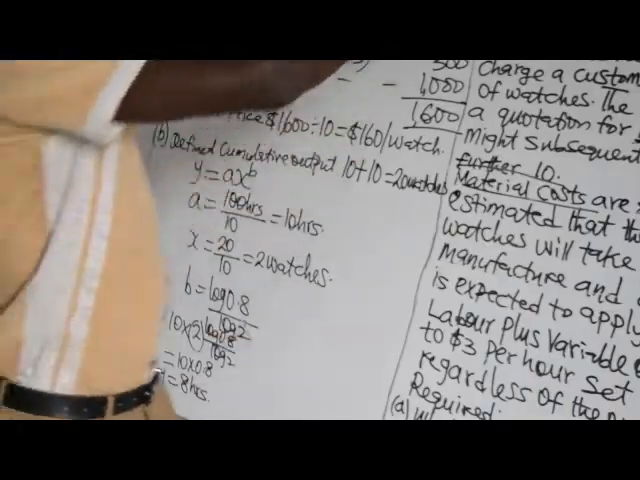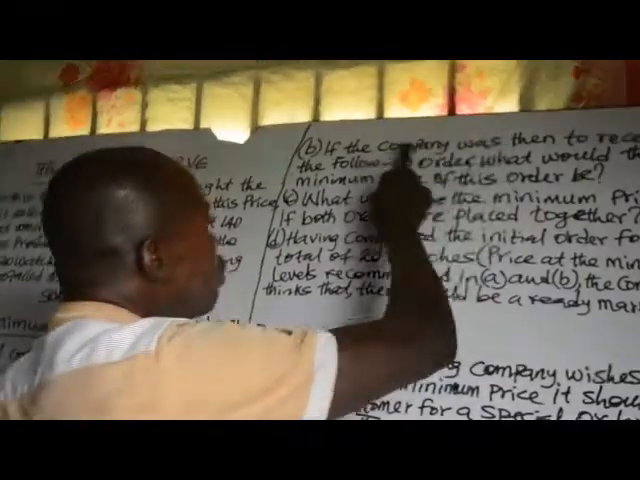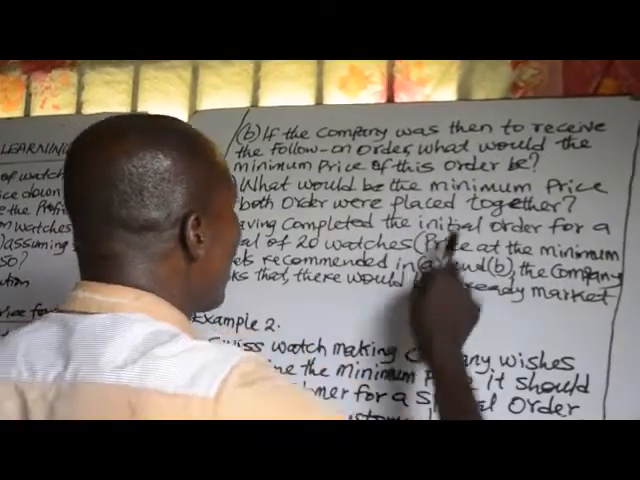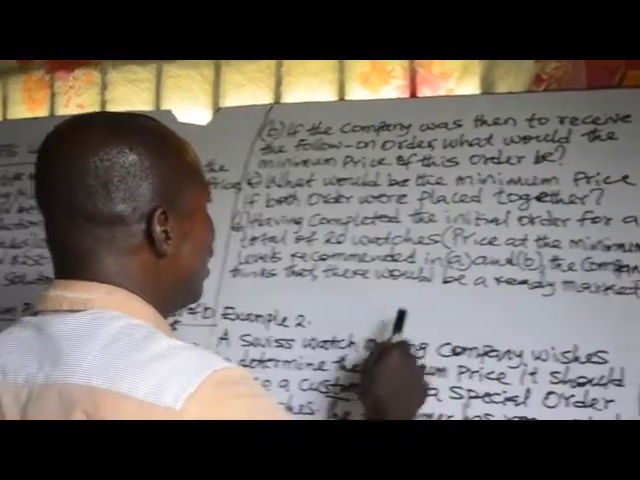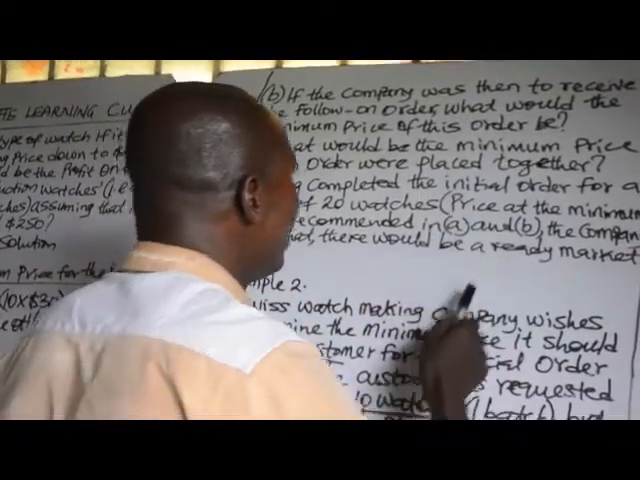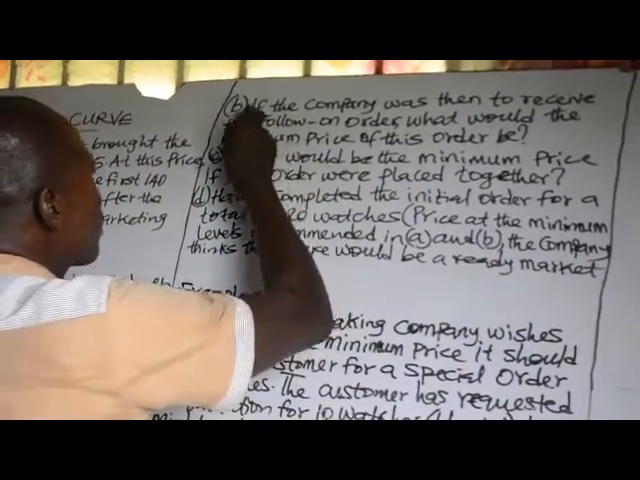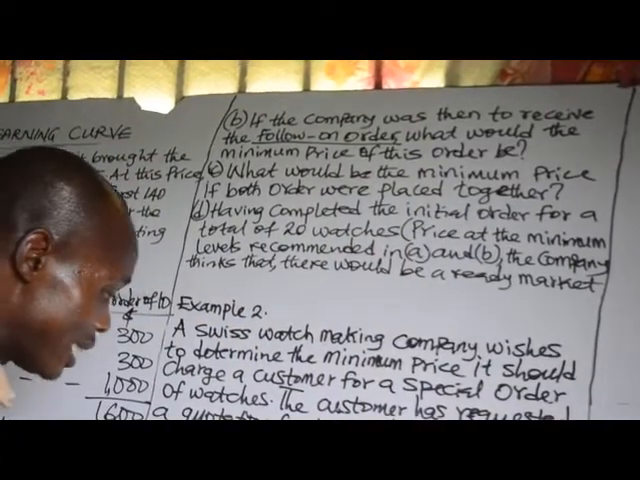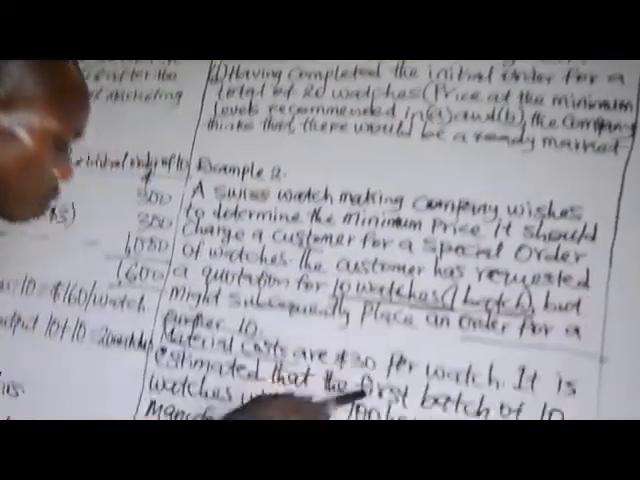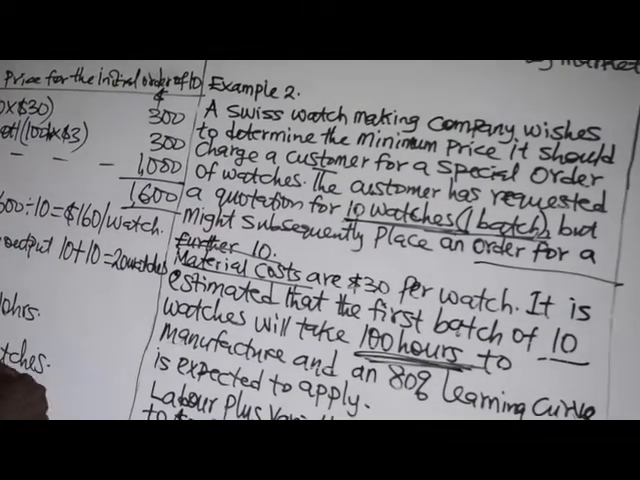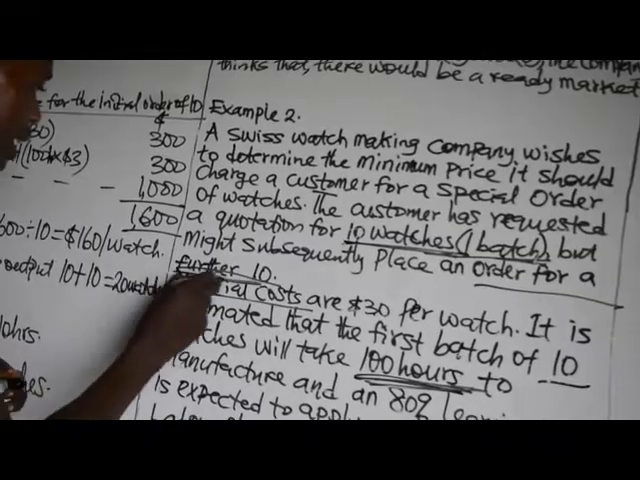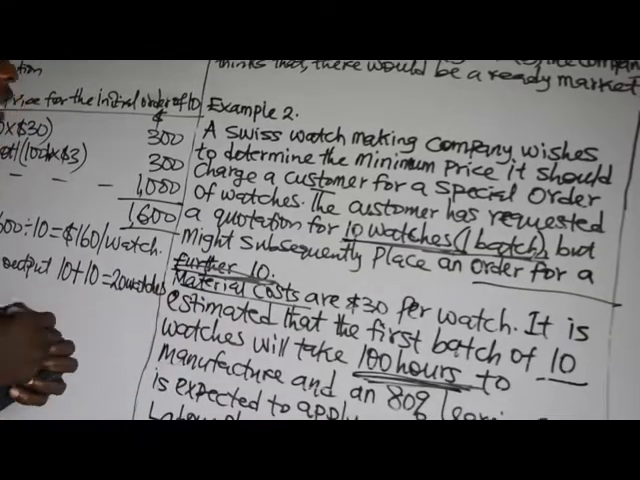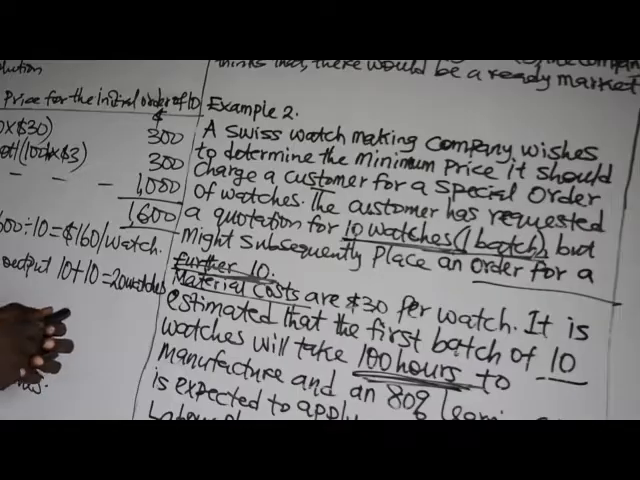Now back to the requirement. If the company was then to receive the follow-on order, what will be the minimum price of this order B? The follow-on order is the order of a further 10. The first order was 10. The follow-on, the other one that will be placed later, is also another 10. That is the follow-on order. If they are to receive a follow-on order, what will be the minimum price? Now,